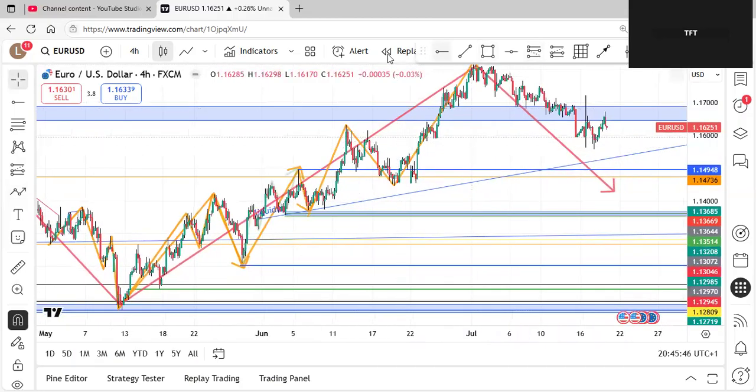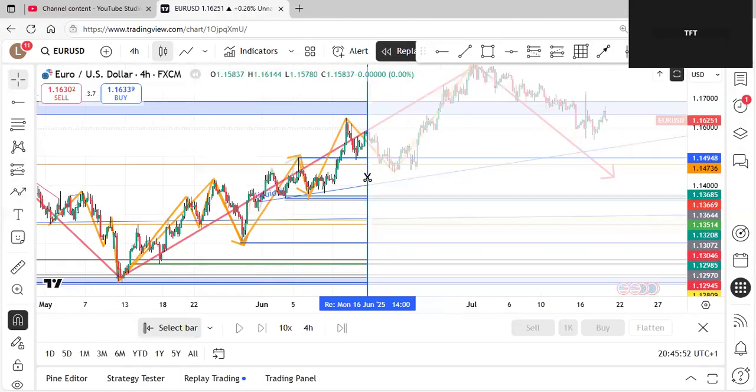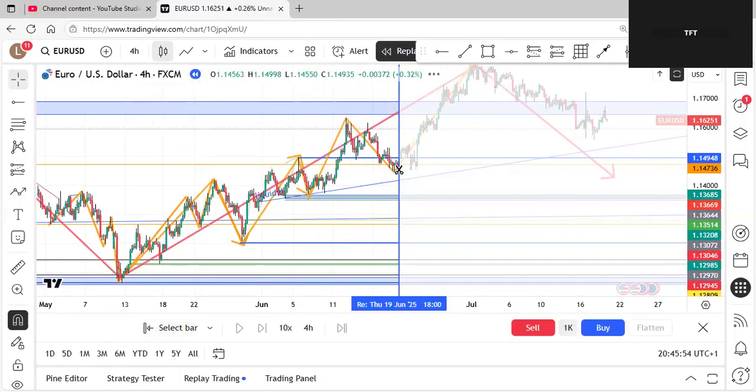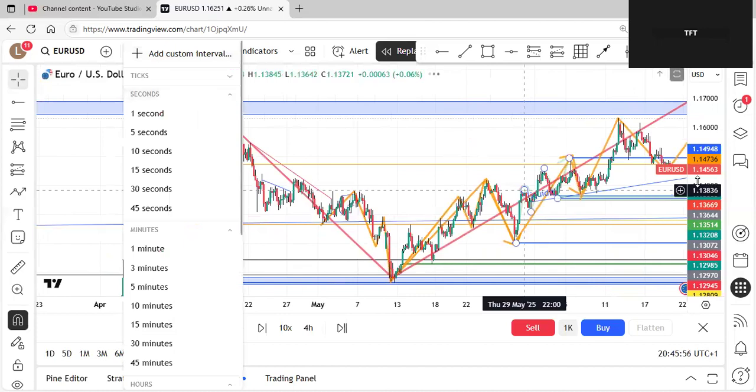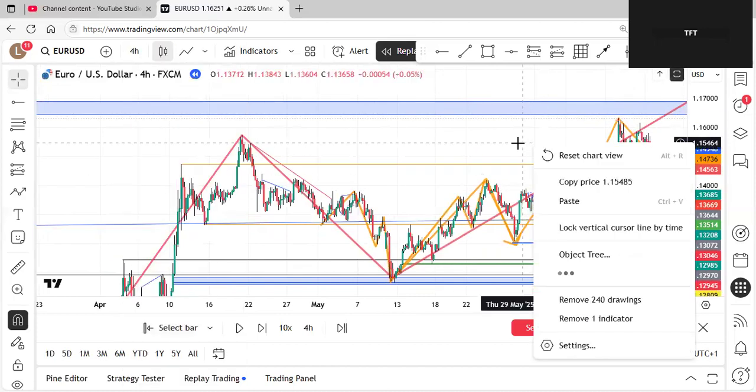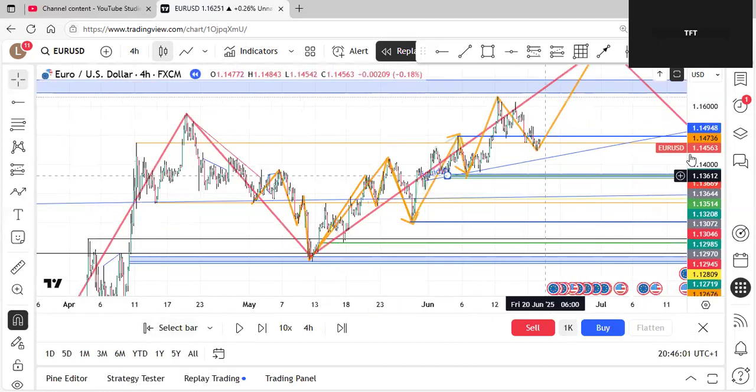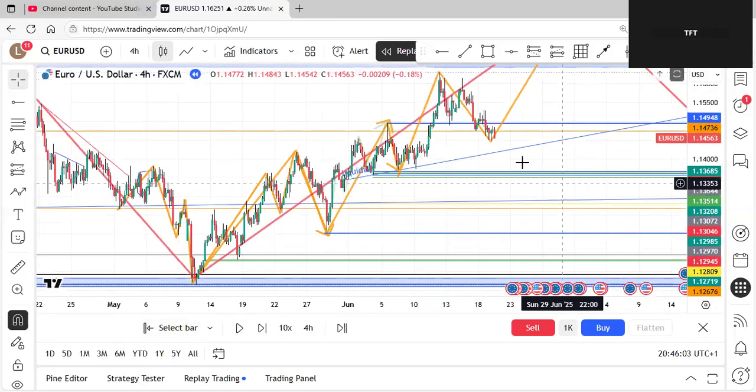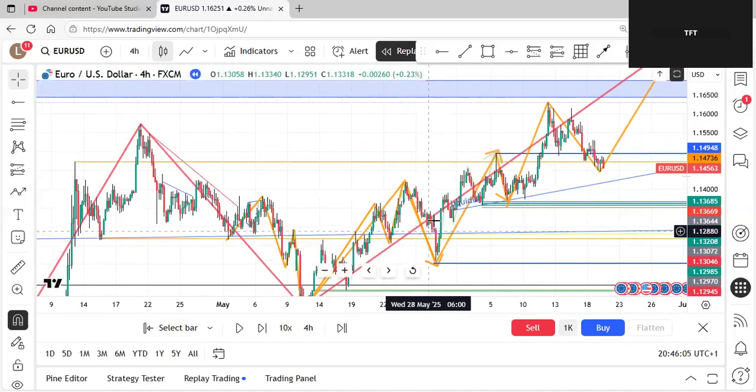So inside of that, obviously, that's the 15. I'm going to go down to the 5 minutes to view my 1 minute structure. But what I'm going to do is, let's say, bar replay from here and drop down, because before I do that, if I view this on the 4 hour or the 5 minute, if I zoom